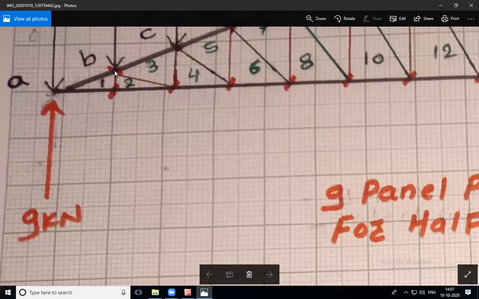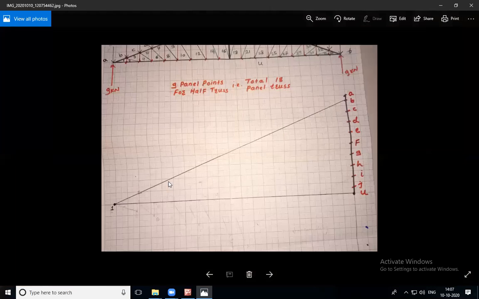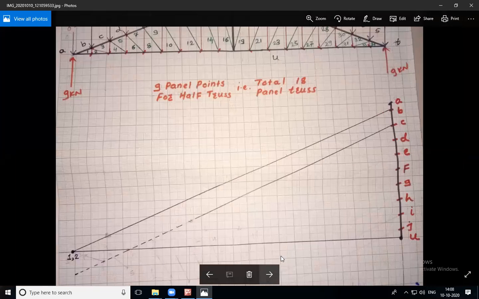See, if you consider joint B, we have started from C to 3. Now from C to 3, there is one inclined line. So draw one line which is parallel to this line. In the vector diagram, we have the location of C, so draw one line from C which is parallel to this line. After drawing that line, our figure will somewhat look like this. We have the location of C. Draw one line which is parallel to this C3. So this line is parallel to C3.